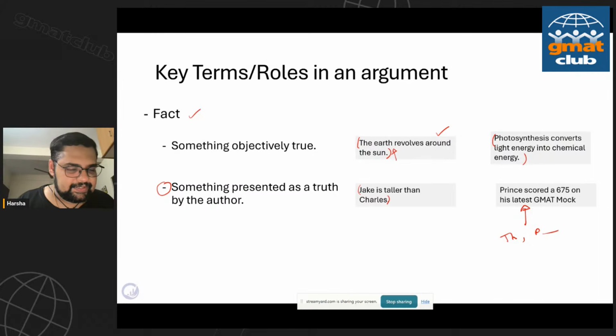So these are the kind of things that you'd say, yeah, this is definitely a factual statement here, as far as boldface is concerned. Quick show of hands. Because a lot of us did go in the opposite direction with this, I'm gonna spend a little bit of time on this, make sure that we're all pretty confident with this. So now we have understood what a factual statement on the GMAT means, on boldface means.